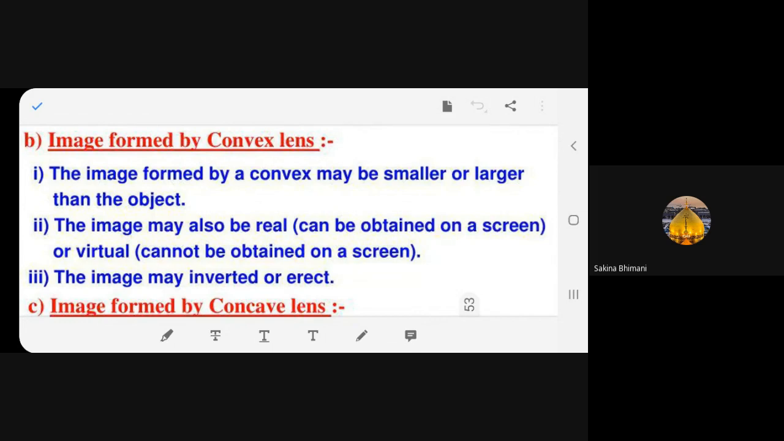The image formed by a convex lens. The image formed by a convex may be a small